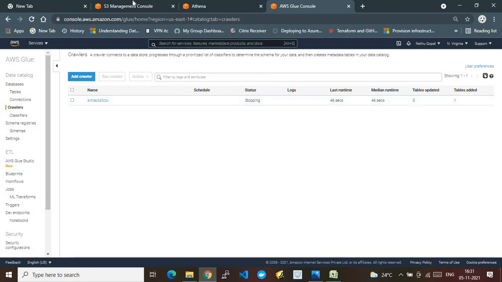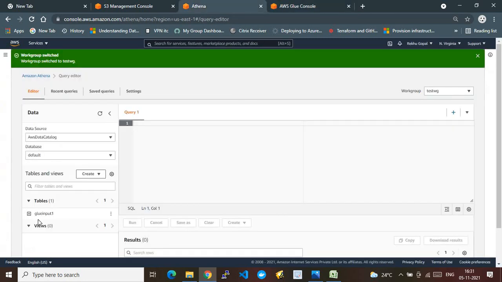If you have scheduled this, what this crawler service does is it will directly go to the S3 bucket, see the new files being added into that S3 bucket, automatically extract the data present in those files and put it across into this table. From there you can run all your own business analytics queries, and any kind of business logic can be applied on this table, because your raw data is now converted into structured data in the form of an SQL database table. Let me run this query.